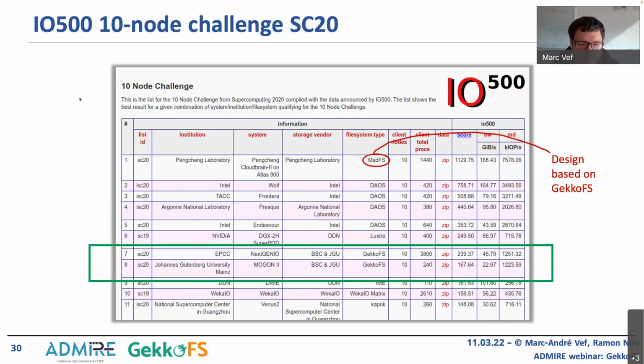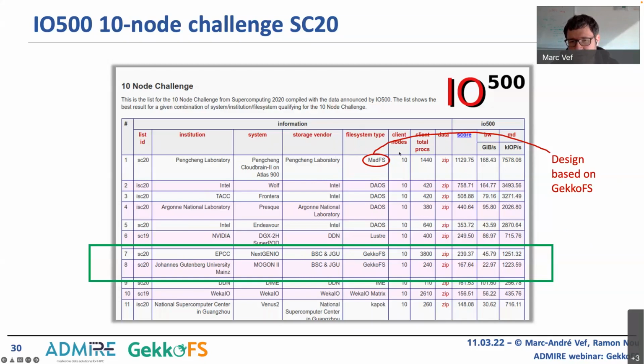And basically what IO500 does is it has a whole bunch of different access patterns that you would see in applications. There's of course random IO, difficult small random IO, but you also have big ls -l operations that are also included in the score that you see here at the end. So in 2020, we were still in the top 10, but I wanted to include the slide specifically